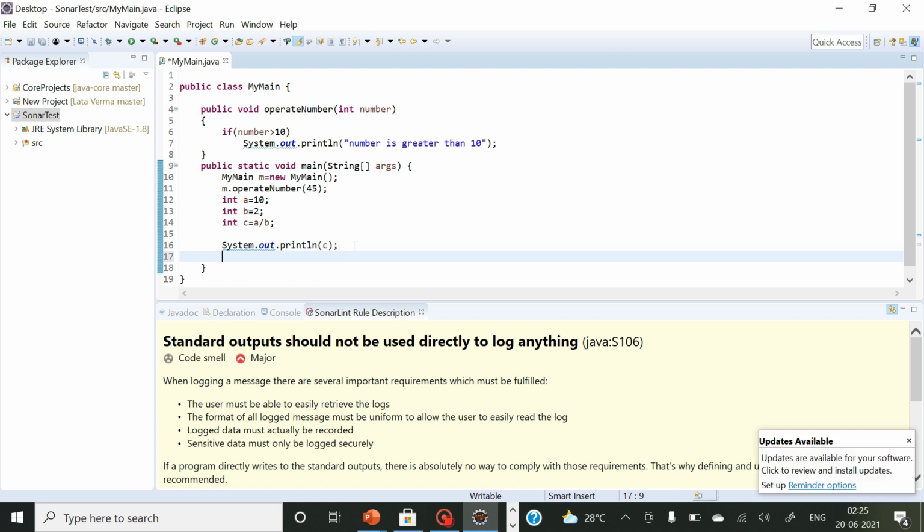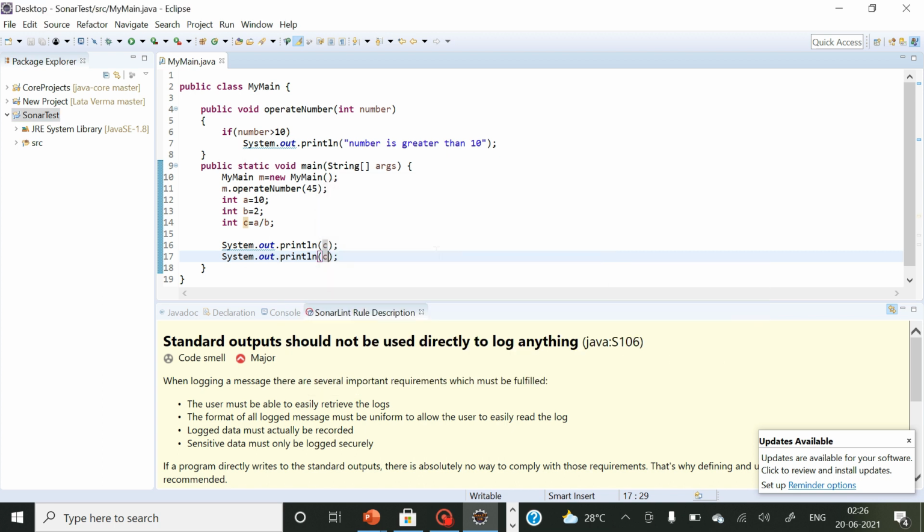But if I try to write the same statement once again, see, for this statement I'm not getting that blue underline even if it is the same statement, because I have stopped SonarLint from analyzing my program from now onwards. Guys, this is for this opened file. My main.java file is open and SonarLint is showing me all these issues over here.